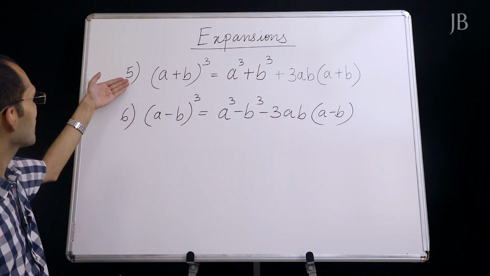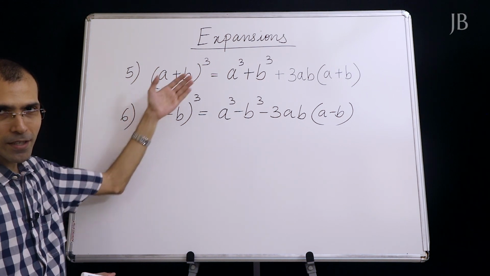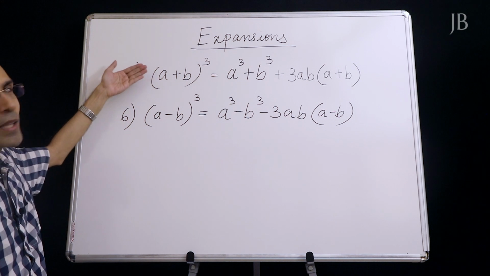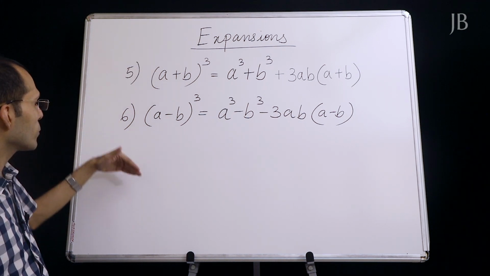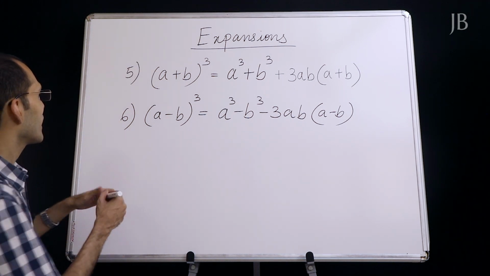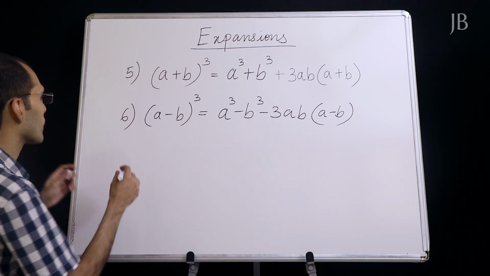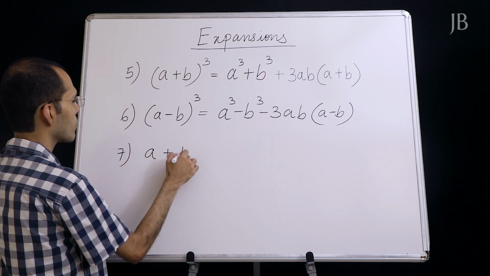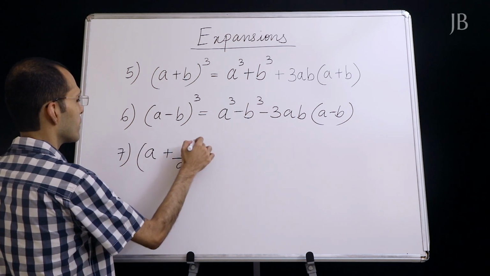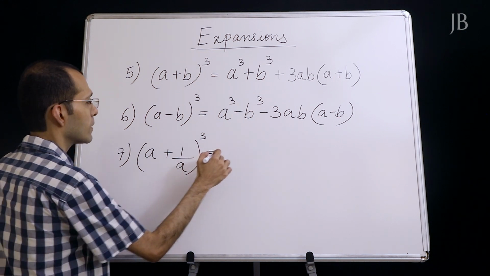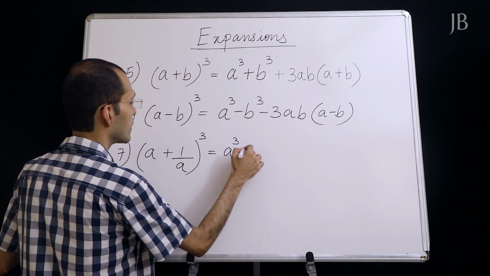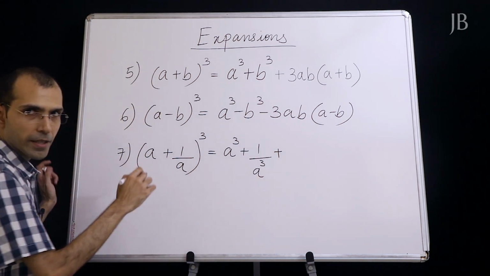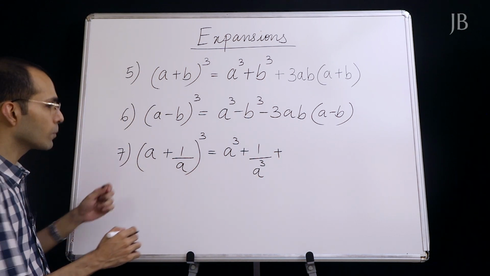Actually you have to just remember formulas 5 and 6 as far as cubes are concerned. So formula 7 will be based on formula 5. If you understand 5, then you can derive 7 on the spot, and the 8th one will be based on the 6th one. So last two formulae, a plus 1 upon a the whole cube, this will be a cube plus 1 upon a cube